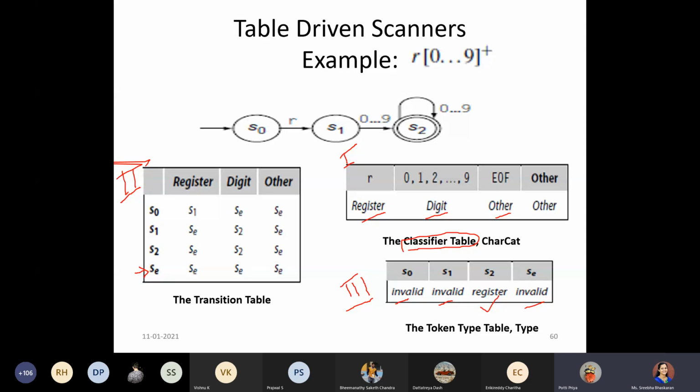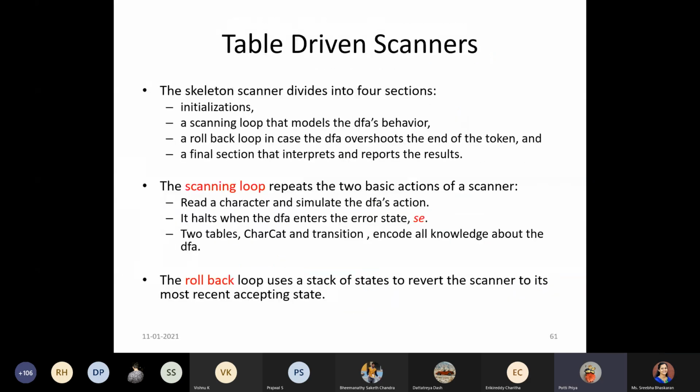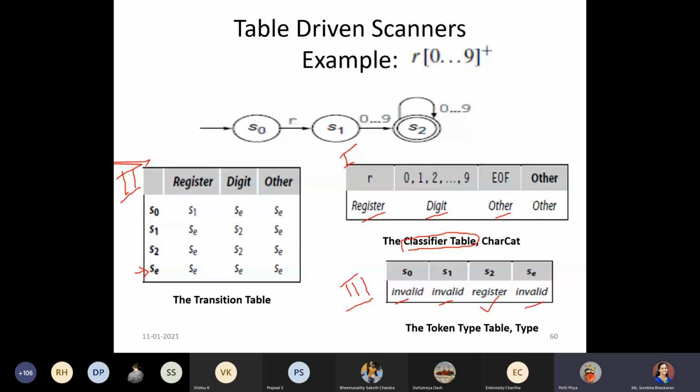Your voice is breaking, Priya. I can't understand anything. Now also, ma'am. Okay, fine. Am I audible, ma'am? Yes. Yes, ma'am. I just verified if after merging the phi state with the non-phi state, the regular expression remains the same. Shall we discuss it later, ma'am? Let me complete this. Yes, ma'am. We'll discuss it after the end of this.